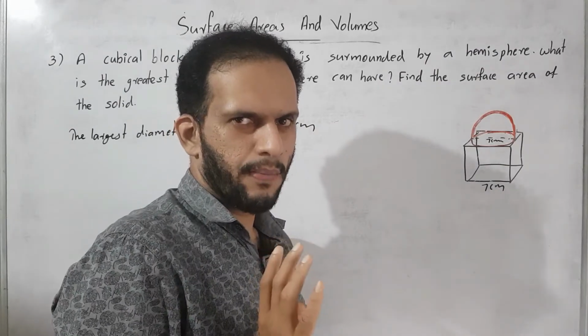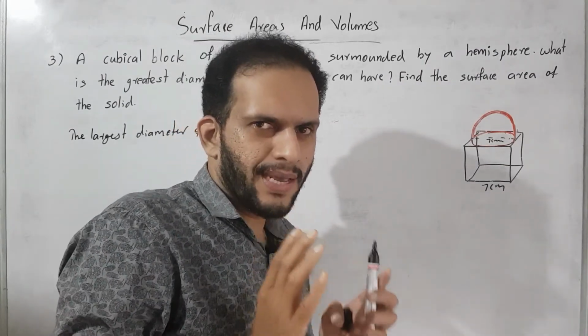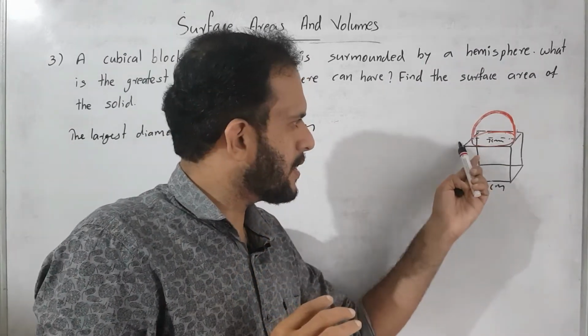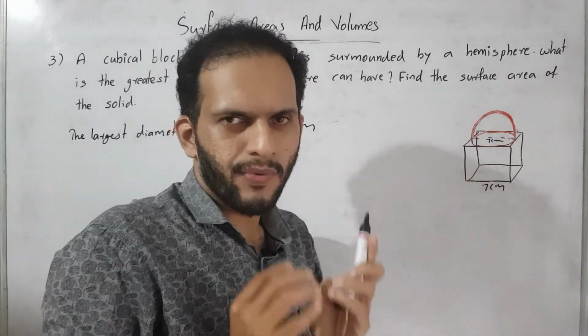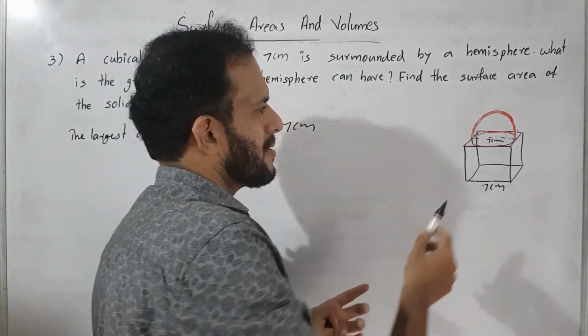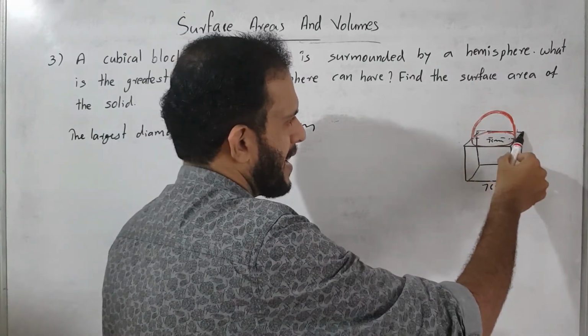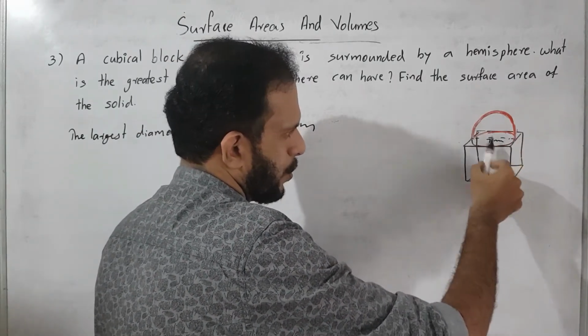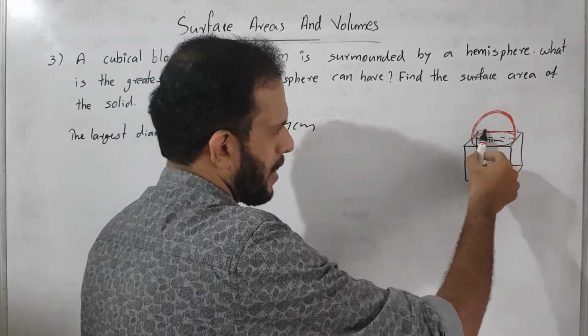Okay, CSA of hemisphere. Then how do we get the area of these 4 corners? How do we get the area of the corner? The area of the corner is equal to 1 base area of a cube minus the area of